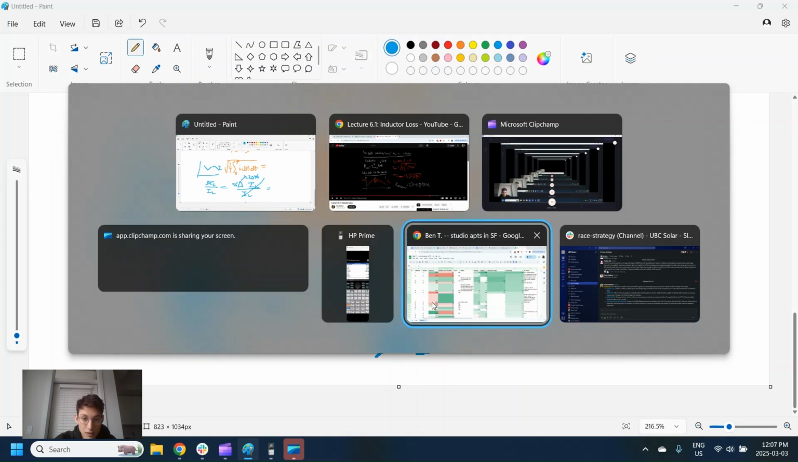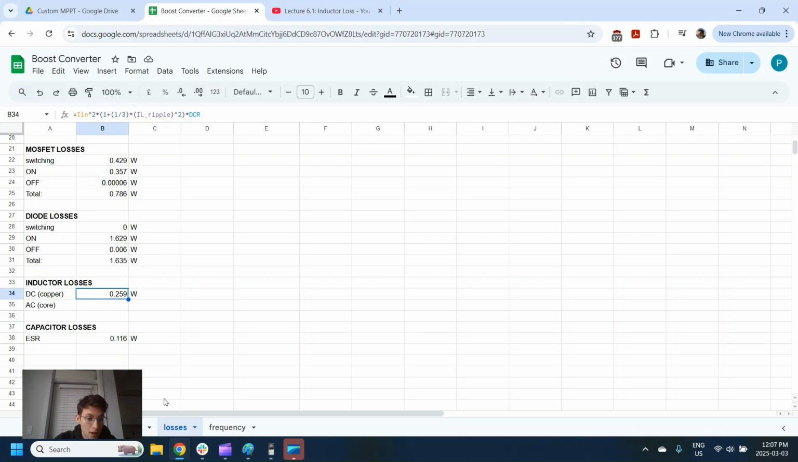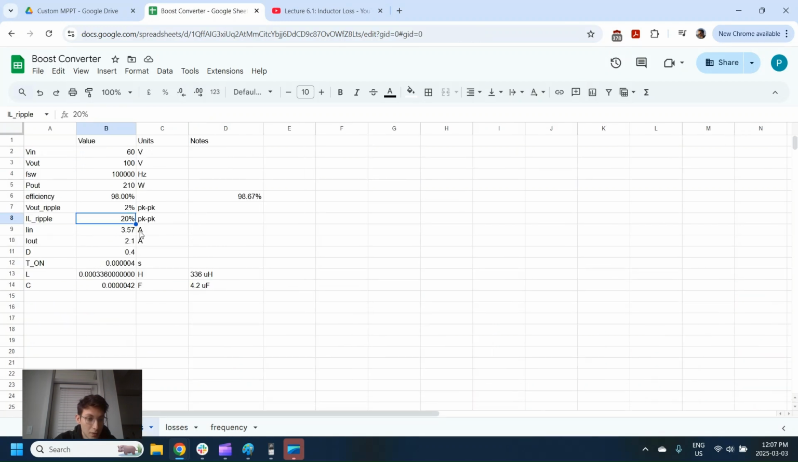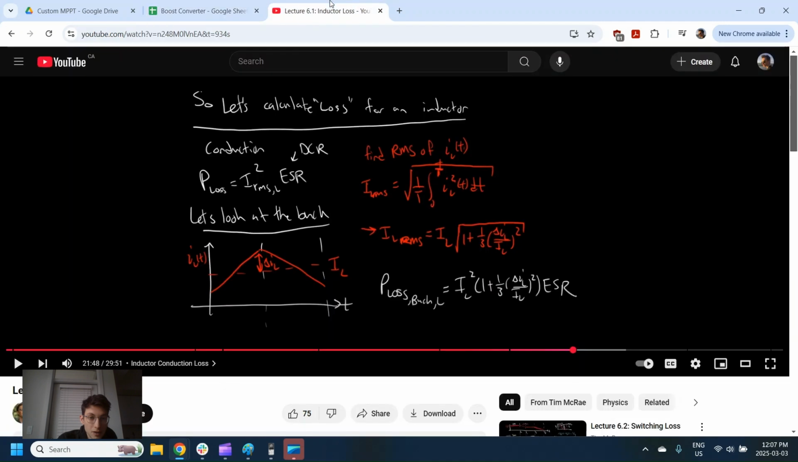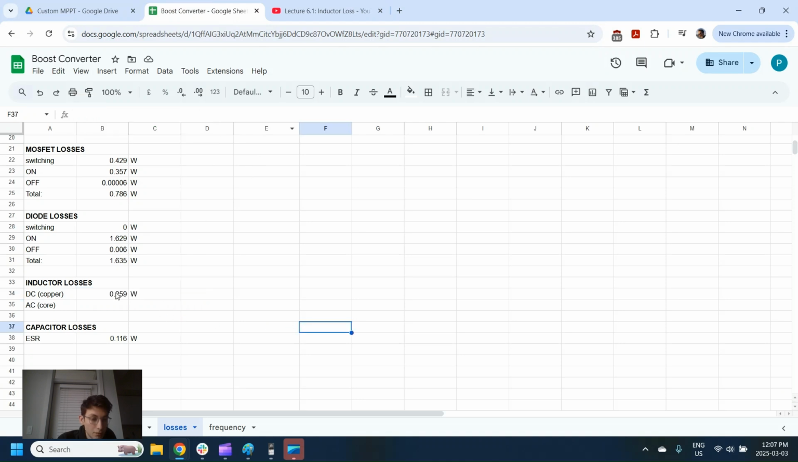So I'll skip writing that all out, and I'll just show you the sheet here. So if we remember, we've called this IL ripple, which is just our peak-to-peak percentage. And that's what I've thrown in here. So IN squared, so that's our IL, times that integral solved, which is just 1 plus 1/3 times our IL ripple squared times our DCR. So IL squared times our 1 plus 1/3 percent ripple squared times our ESR, which is our DCR. There we go. That's our conduction losses, copper losses, DC losses, whatever you want to call it, in